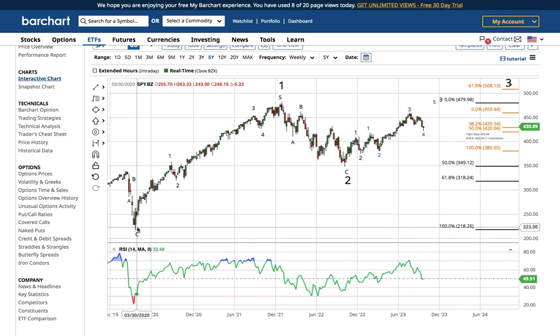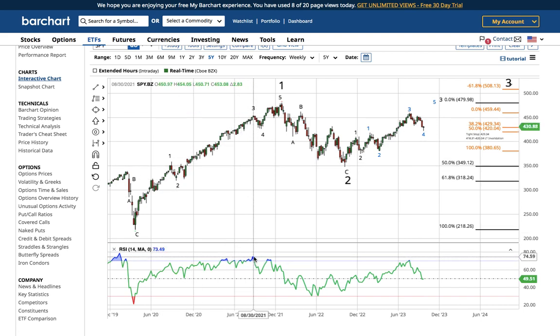I'm looking for 5 waves up. 1, 2, 3, 4, 5 waves up. Ideally, when 5 waves up are made, I can clearly see 5 waves of subdivision on the RSI. And generally, what I mean by that is I have 1, 2, and then wave 3 on the RSI makes